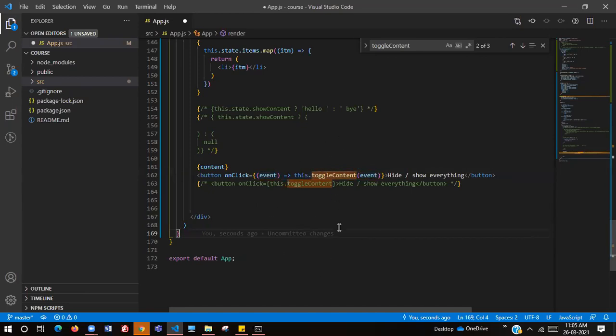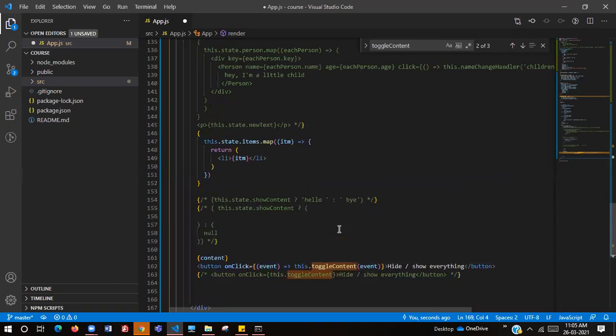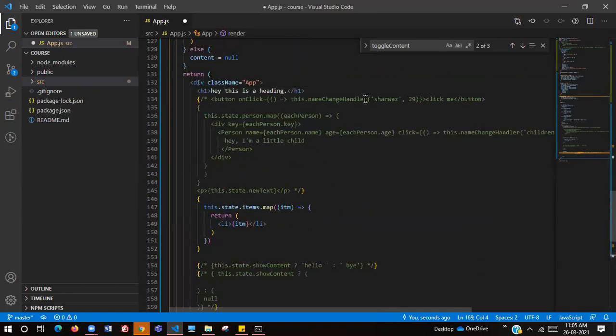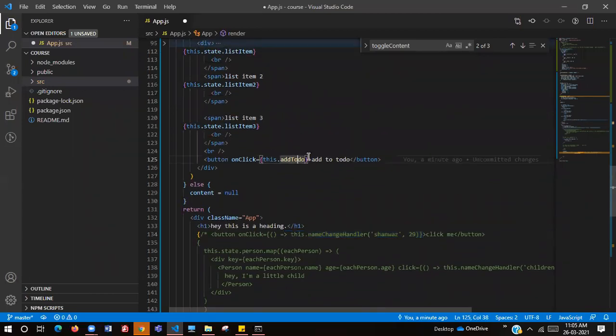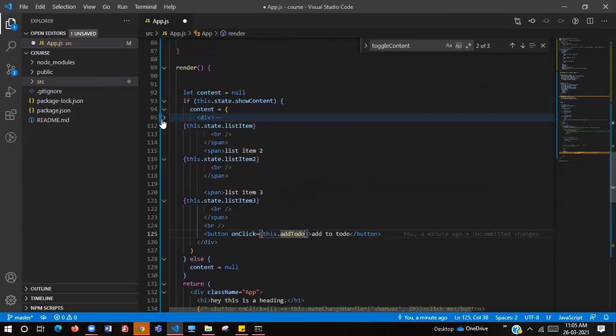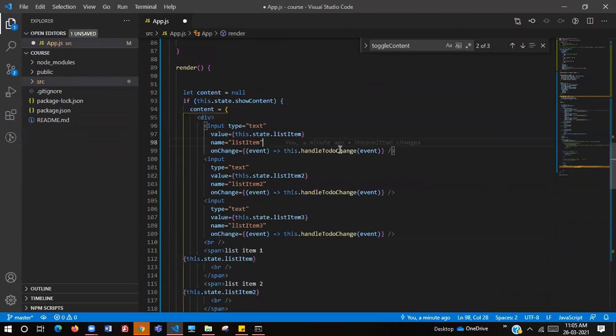Usually, passing a parameter to a particular function, this is how we define it, right? The way you did it. Did you guys not already do this when clicking on handle to do event, handle to do change? We did the same thing. We passed the event.